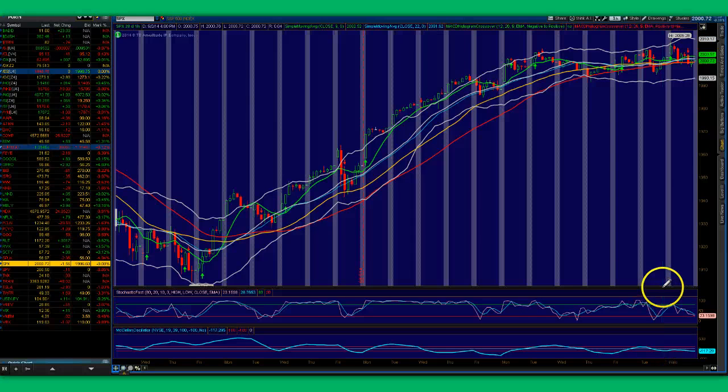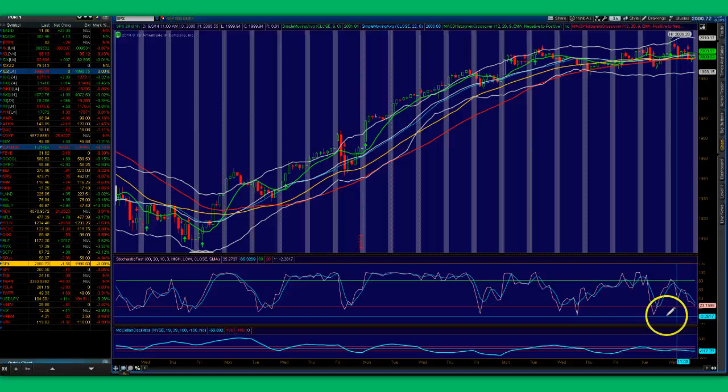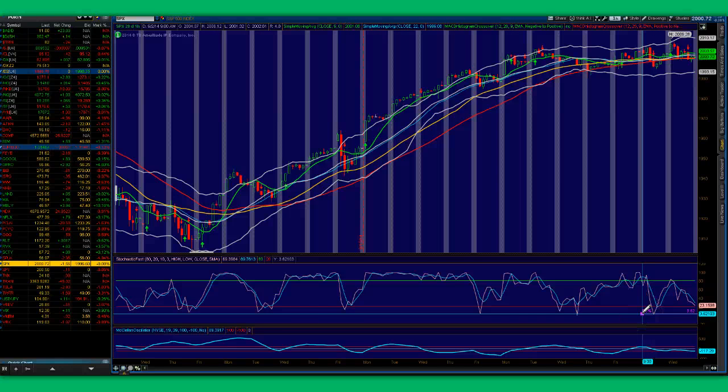We are on the stochastics. We're getting oversold. We're not there yet. This is a 60-minute chart, so we need to get down towards these levels here that I'm showing, where there should be an oversold bounce. So we still have a little bit of room to move down as we get into